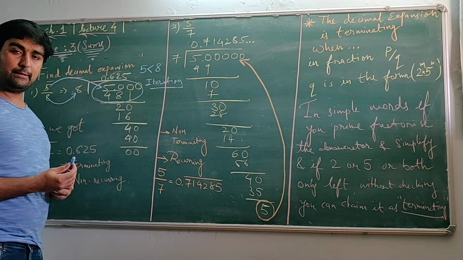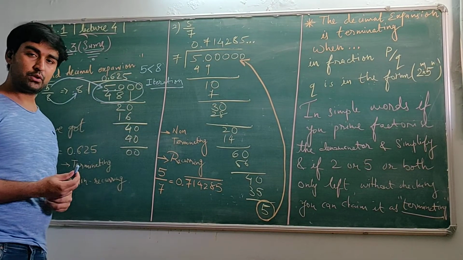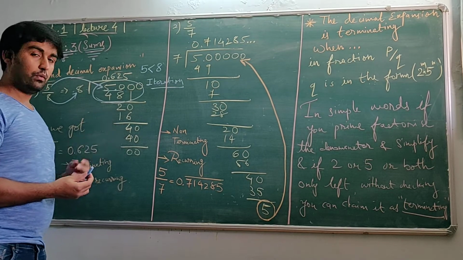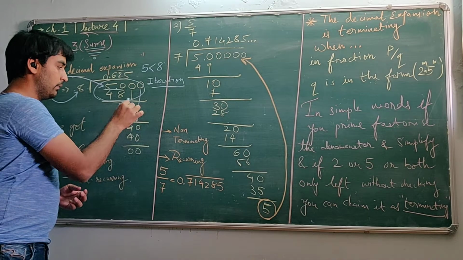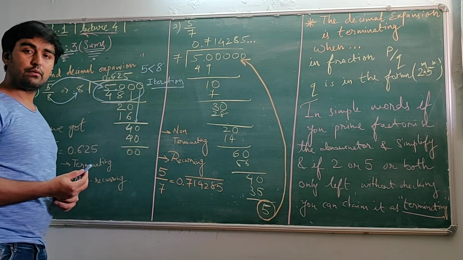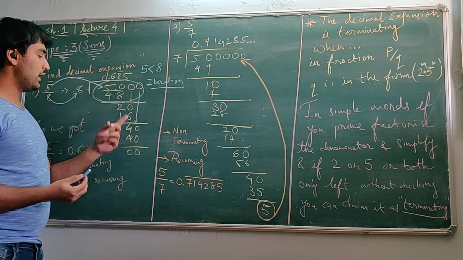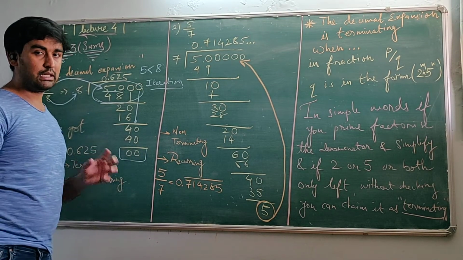Now 20. So 8 2s are 16. So 4 would be the subtraction. Again a 0 comes down as the iteration got completed. So now this is 40. So 8 5s are 40, and we are getting 0 as the remainder.